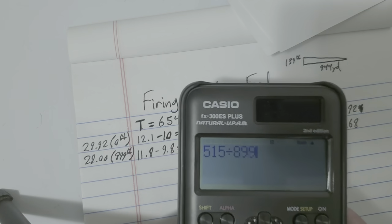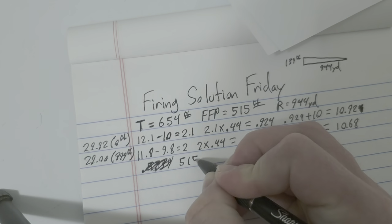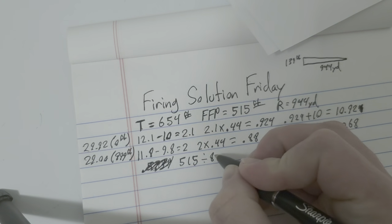0.573. Well, actually, it'd be 57.3%. So I'm just going to go ahead and write this out. We're going to take 515, divide it by 899, and we're going to get 0.573, which is representative of 57.3%. Okay, so now we're going to take 10.92